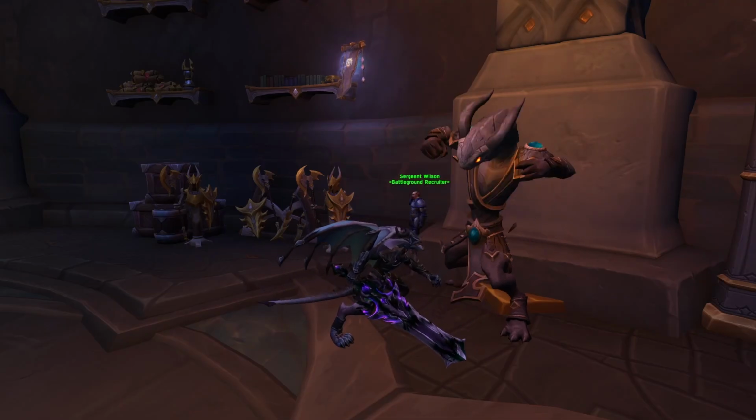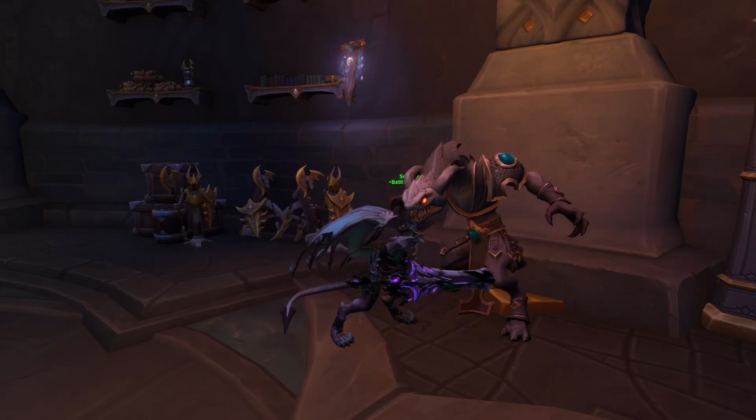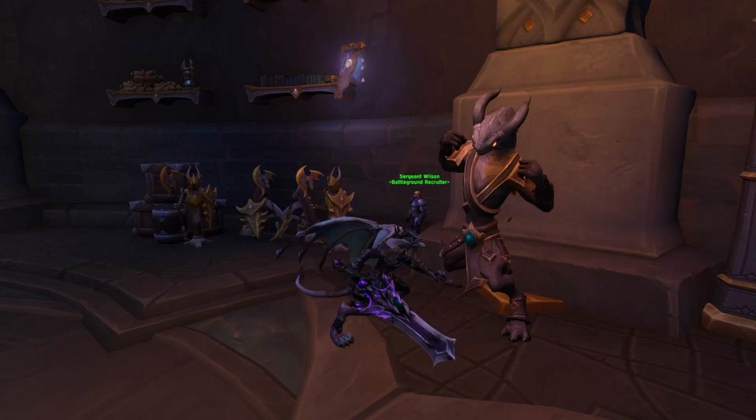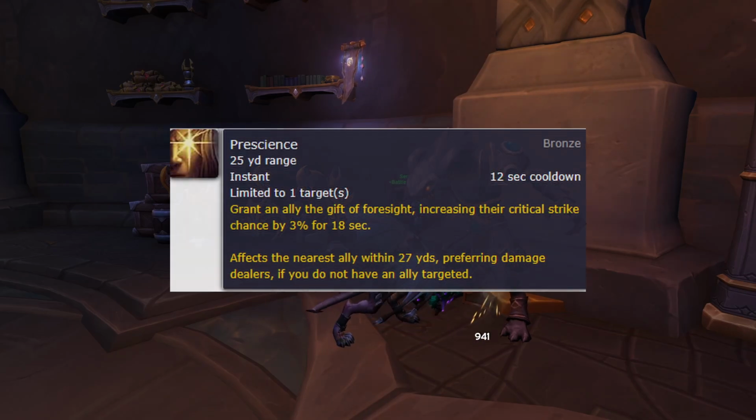Now, next up, we're going to talk about rotation. Before we get into that, I want to talk to you about the buffs, as it is a very weird spec for someone playing it new. Now, the way the buffs work, so we have Prescience. Prescience ups the allies' critical strike by 3%. And with the Talon